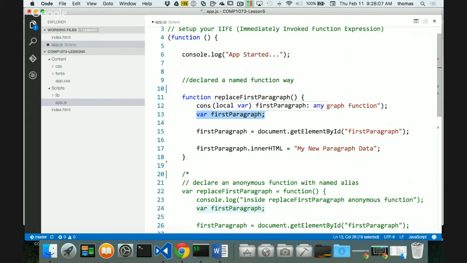or create a binding, if you will, to the element that exists on the page. And I'm doing that here on line 15. So on line 13, first, I declare the variable. I'm doing it on two separate lines. You could do it on one line, right? On line 15, I'm making a binding. I'm using this